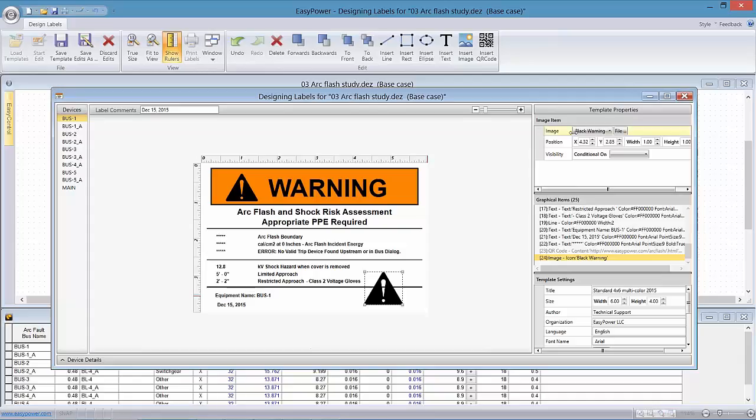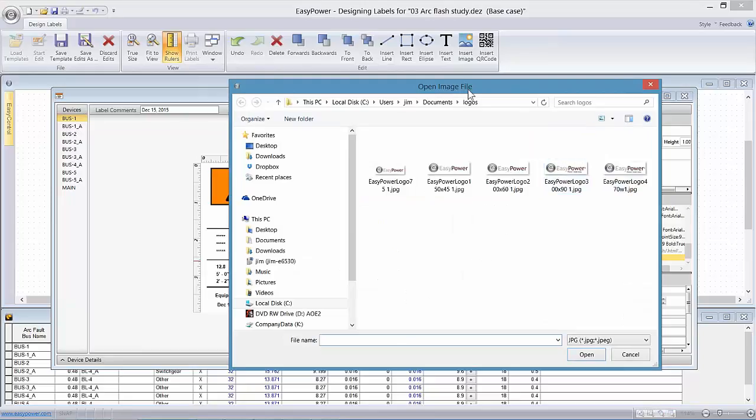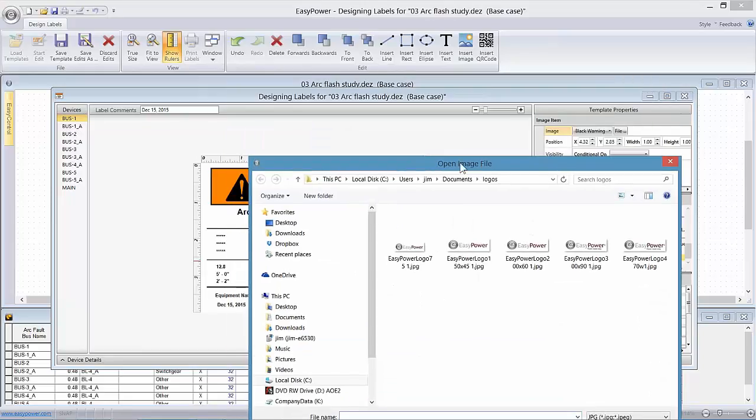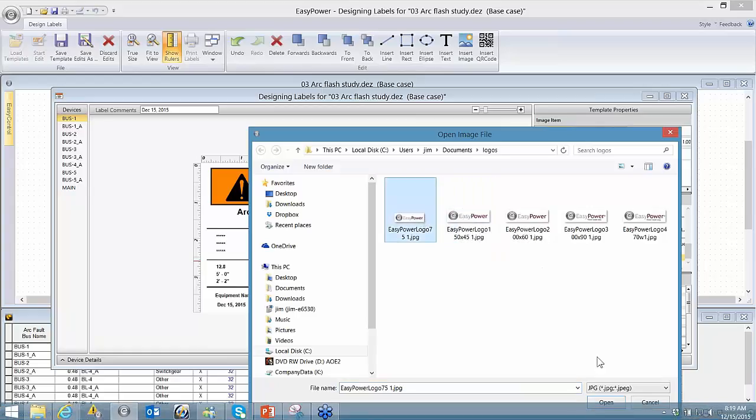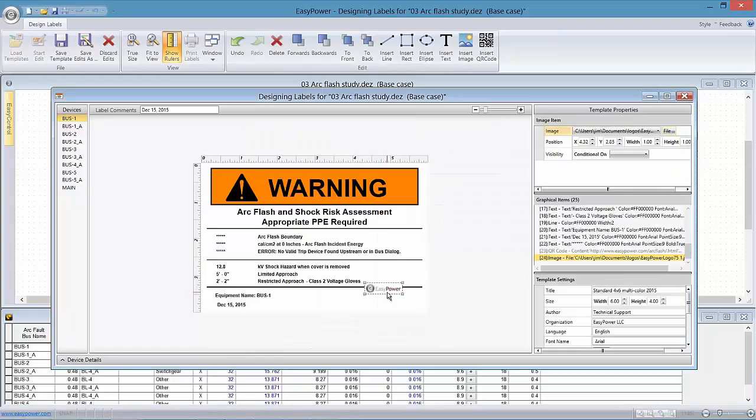And so in the case of an image that we've selected by this rectangle, we can either take by default the templates that are there, or we can go find another image any place in our file. In this particular case, I'm looking under my computer under the logos, and I'm going to put in an EasyPower logo. It looks like that. And it looks like that's kind of what I want it to be. I can have other information there or not. And as I kind of reselect it, it looks like I need to